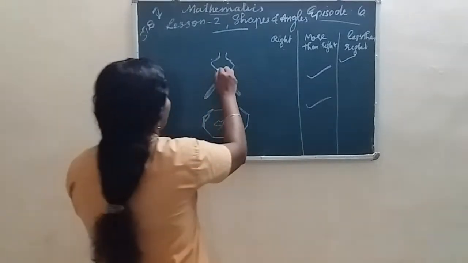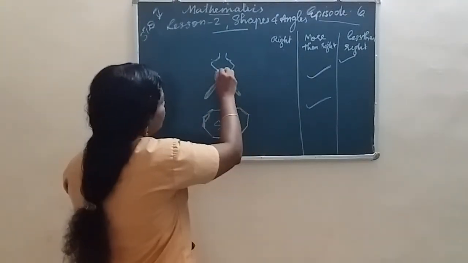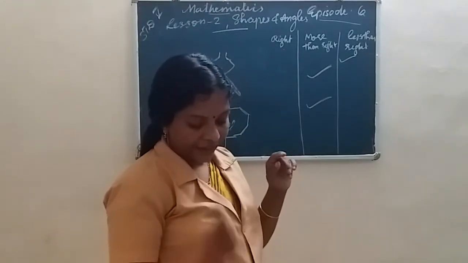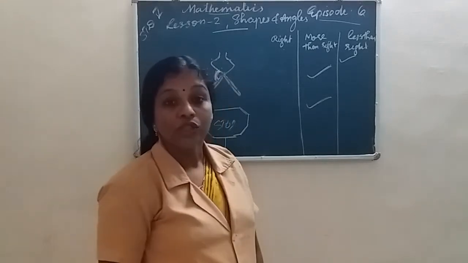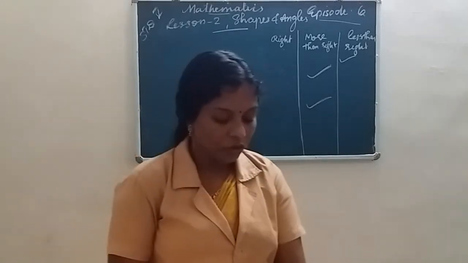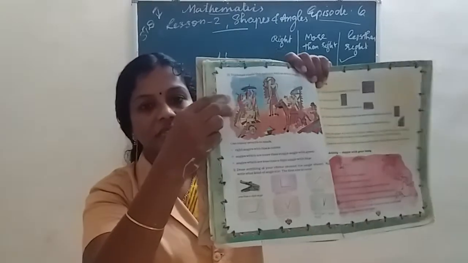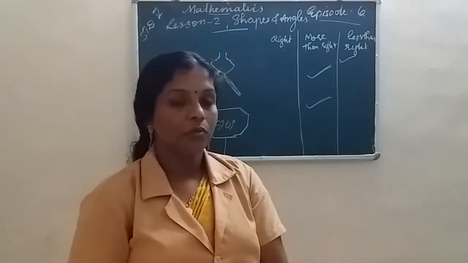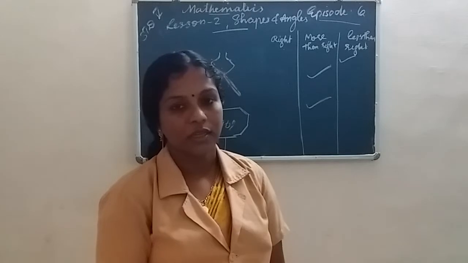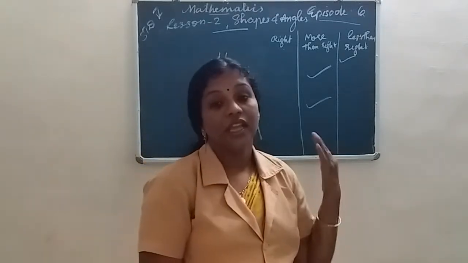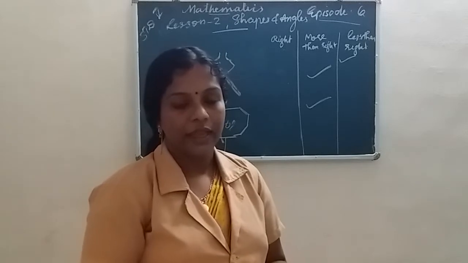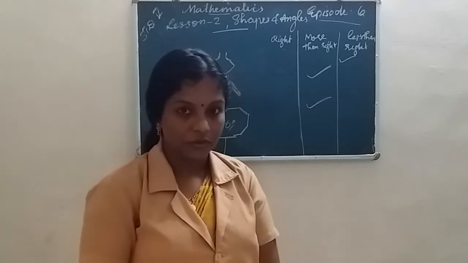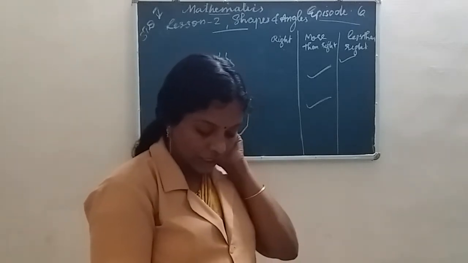If it's more than right angle, you mark this angle with the green color. Is it a right angle? Then you mark it with the black color. Less than right angle, you use the blue color pencil. Okay, you can do all these angles by yourself. In this picture many angles are given here. You want to find out whether it is a right angle, more than right angle, or less than right angle. Whatever type of angle, you mark these angles using color pencils, as the following indications given here say. You want to read it.